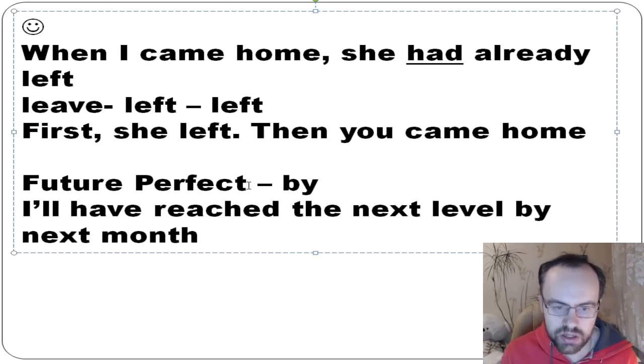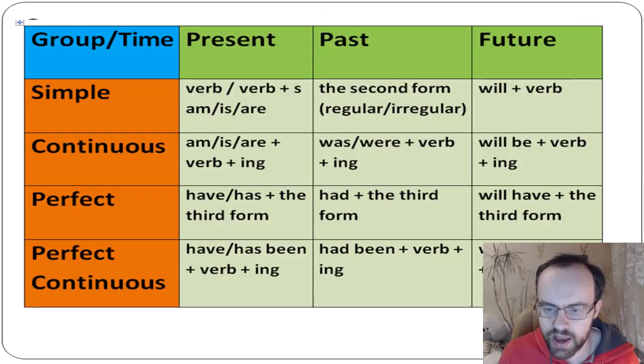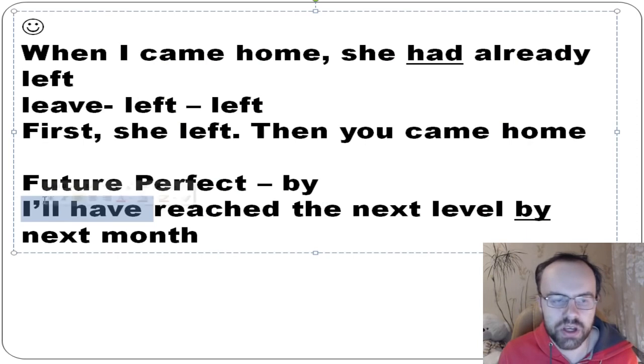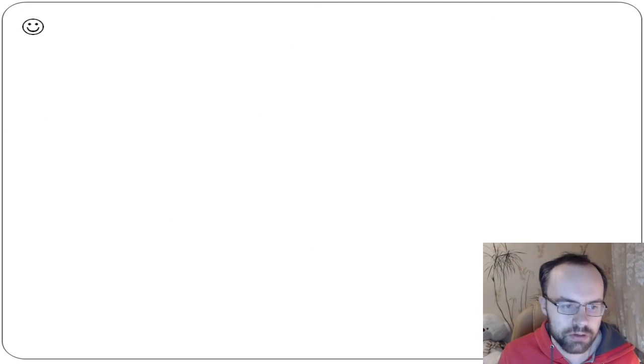So this short word "by" tells us that we need to use this tense. We'll have plus the third form. We mostly use short forms: "reached the next level by next month." And if we look at this fourth group, perfect continuous,